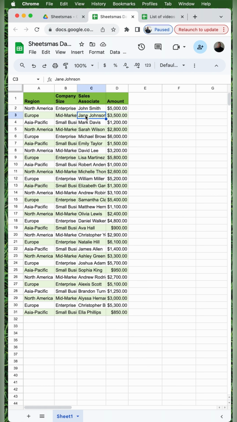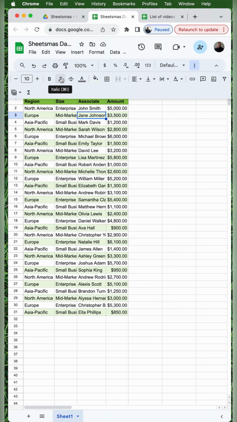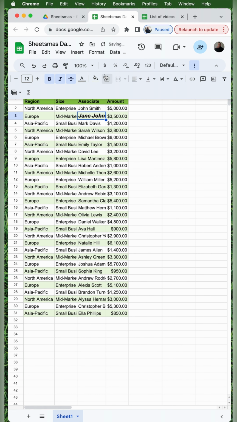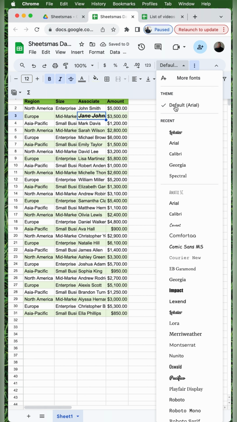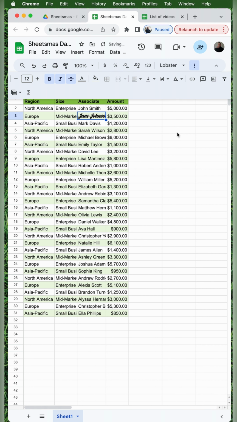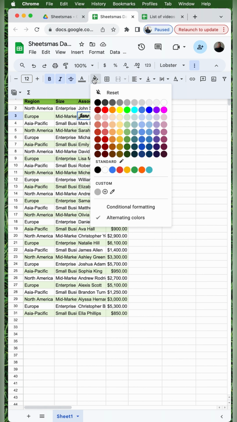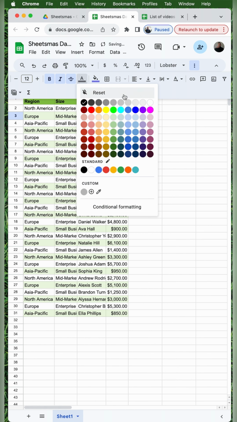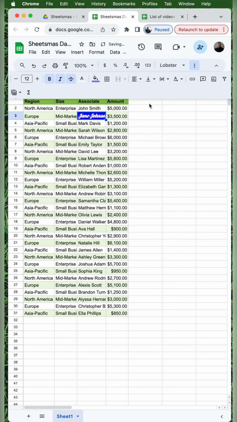So for example, I can select Jane Johnson, then go to the toolbar, and I can make it italicized, strikethrough, bold. I can make the font bigger if I want to. I can also change the font entirely, so I can change the font to Lobster. And I can also overwrite the alternating colors to make it a different color. So I can go to the Fill button and make that a dark blue, and I can make the text white. So now for that cell, instead of seeing alternating colors, we have a dark blue background with white